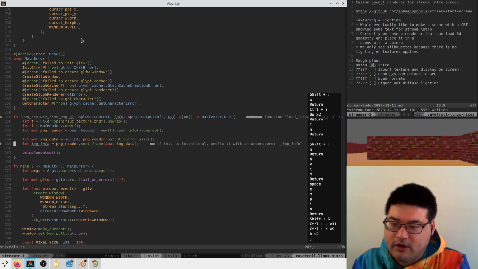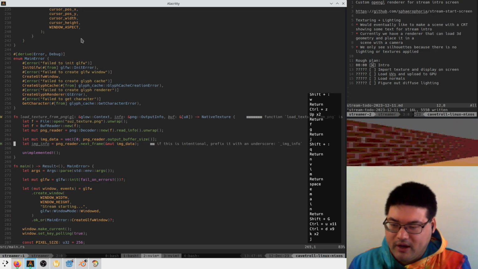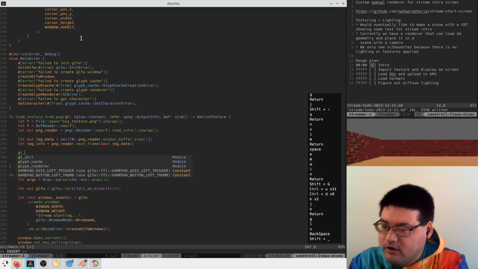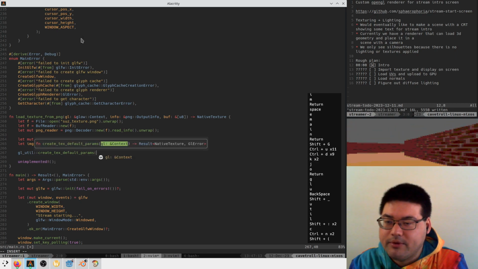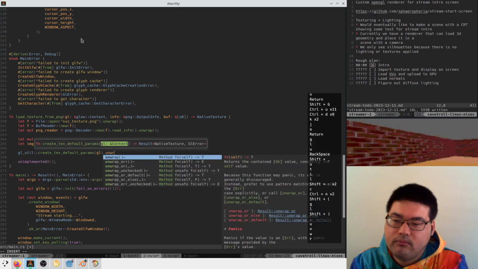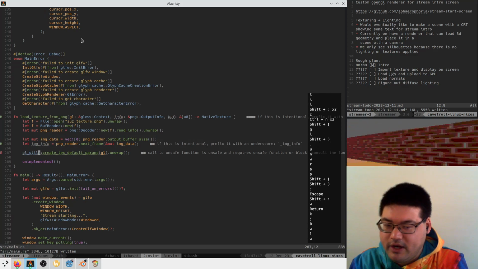So now we have to figure out how to stick this on a texture. So we have a utility function, gl util create texture with default parameters. Okay, so we'll do that. And the reason we do that is because